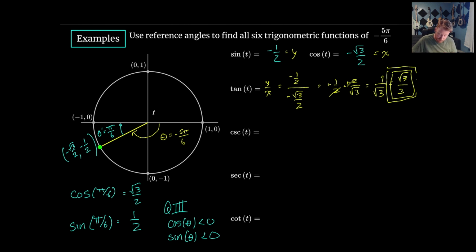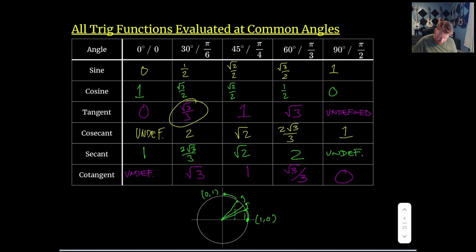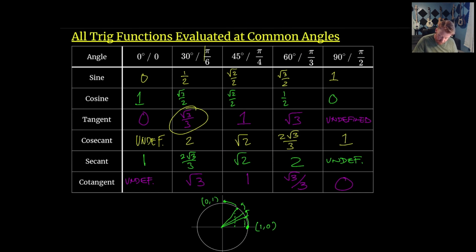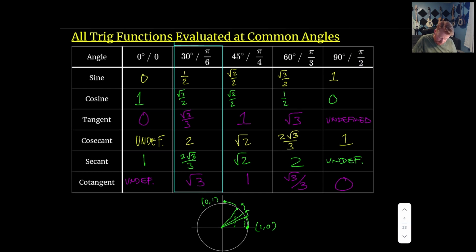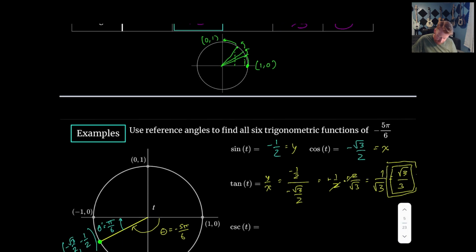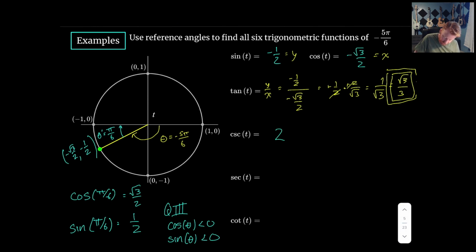So if I just want to find the cosecant of t, let me just reference back here. Our reference angle is pi over 6, so we're going to be looking in general. Let me maybe put those back on there. In general, what color do I want? We'll do blue. At this box here. So this is where we can focus to get a lot of these values here, and so we can just reference back. So again, if I'm looking for cosecant of t, cosecant is 2. So we can get a 2 in here without having to do any work, and now I just need to